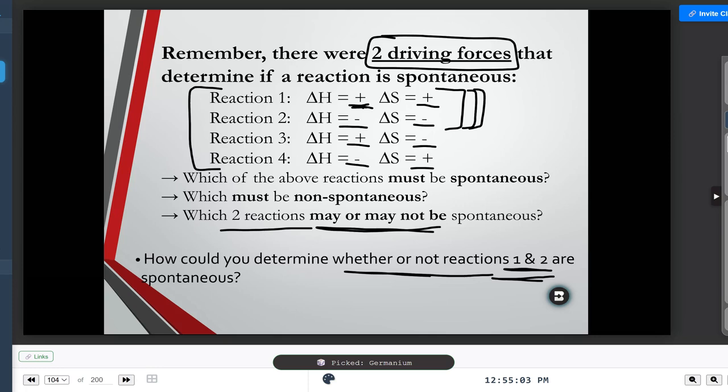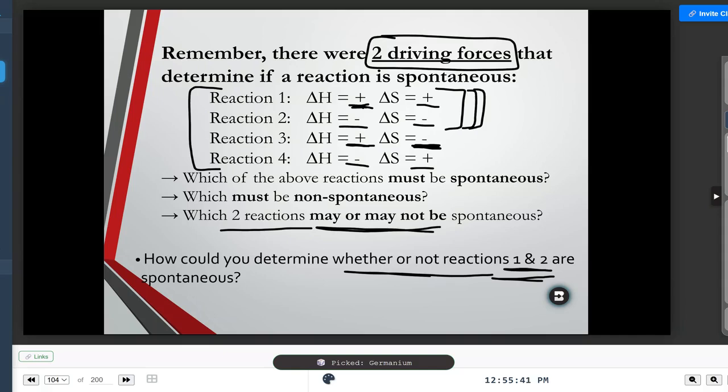It's becoming more what? Close together, localized, right? Yeah. And so in a situation where I'm needing to absorb energy and also becoming more localized, that's not a situation that is going to be natural. That's like going uphill, right? And it is not going to happen without some sort of an input of energy. And so that means that reaction 4 is the one that is always spontaneous.